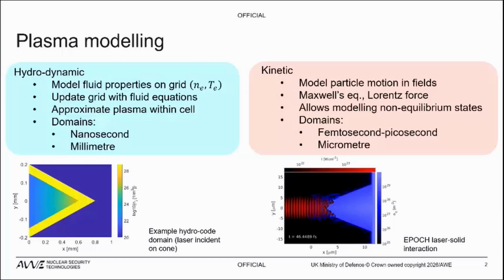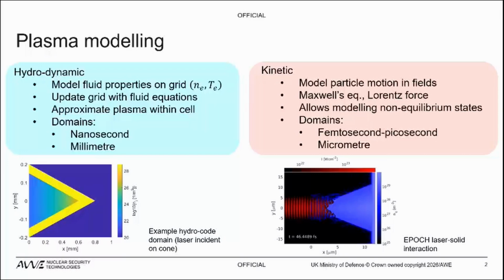You can relax a lot of those approximations with a kinetic treatment. Here we model the actual individual particle distributions that are present in the simulation. You might be solving Maxwell's equations directly. You might be pushing your particles with the Lorentz force. As a result, you can model these non-equilibrium states better than you could with a fluid code. But that comes with a cost, because we're using fewer approximations about our plasma. We have a lot more computations to do, which typically restricts us to femtosecond, picosecond timescales on micron